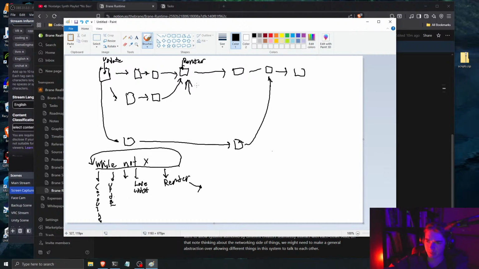But if we stick with this system, it is super unclear how we actually make this wait on everything it needs. How do we know everything it needs and whatnot? But if we reverse this around,